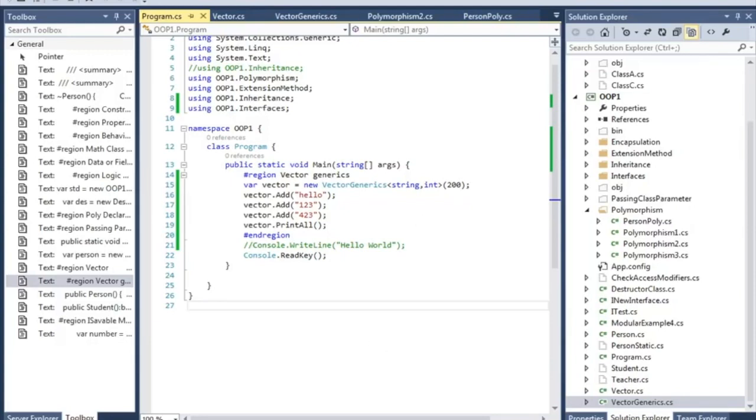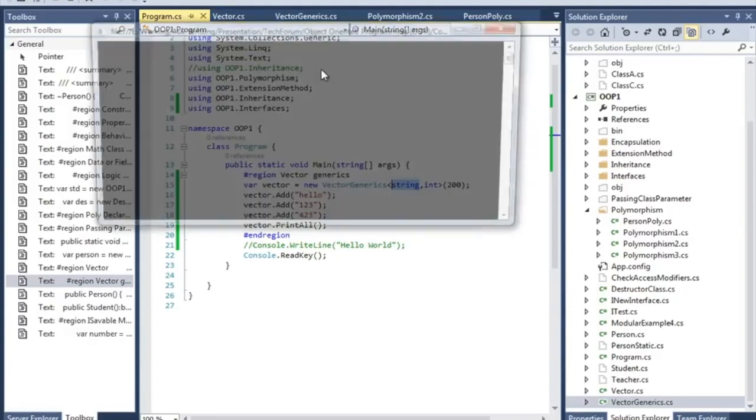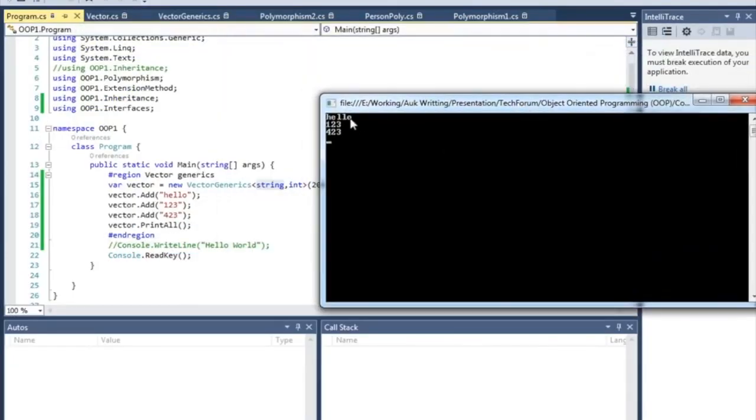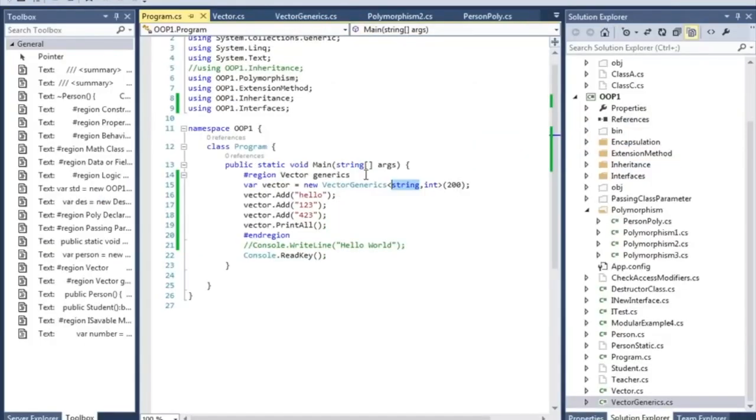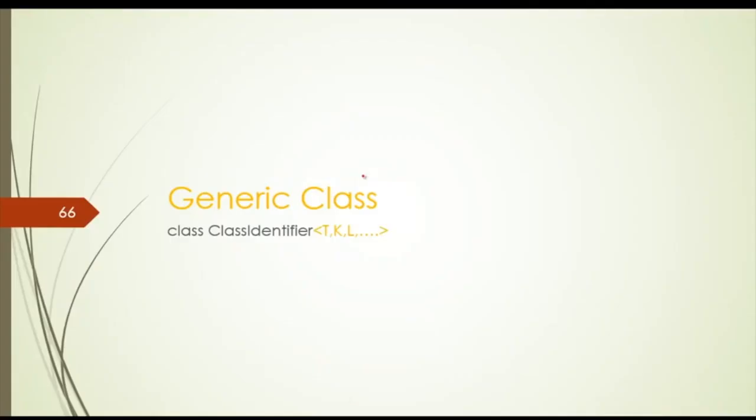So here I'm adding the string because I'm taking the string template. If I take the floating template, then I could do it with floating numbers as well. So if I print it, run it, it just prints the things that I put in the list. That's it. That's simple. So let's get over to the code slides, and so I'm in the slides. So let's get over this very quick.